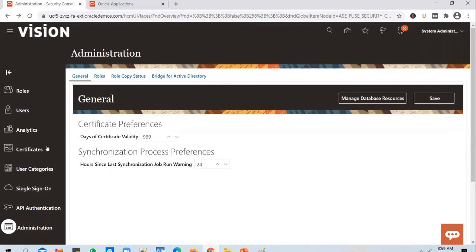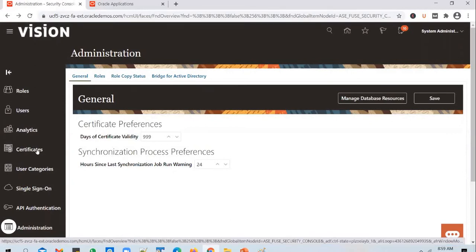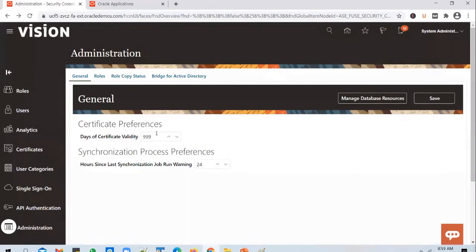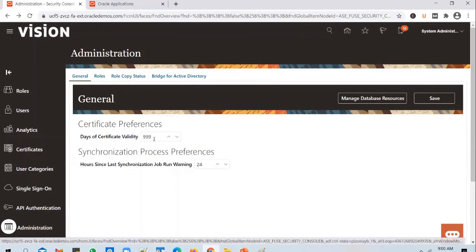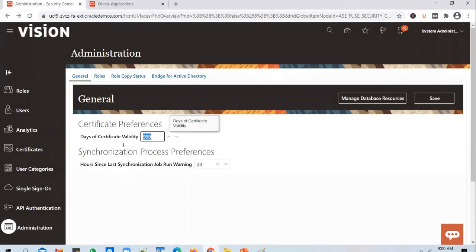Like in the administration, if you generate some certificates, we're going to talk about what certificates you can generate. There is a PGP encryption certificate that you can generate, which is one of the things that you usually do. You can mention the number of days for which the secure certificates will be valid. So it's mentioned as 999 here.